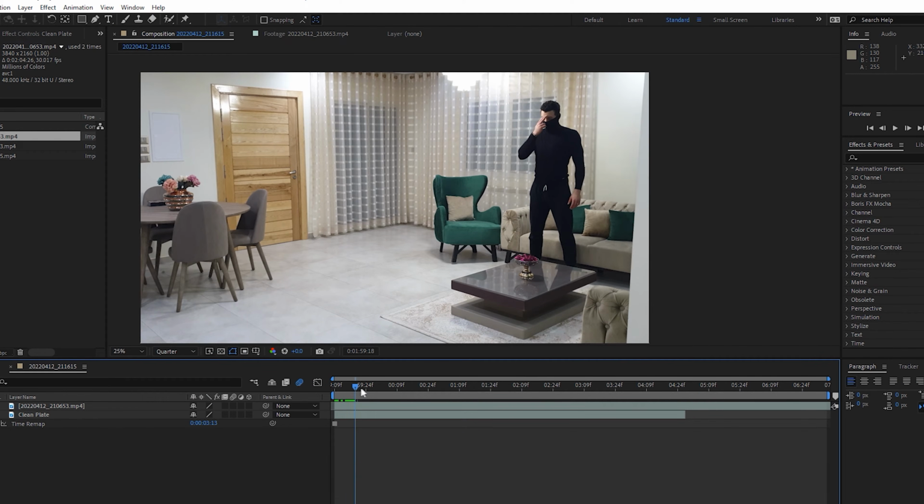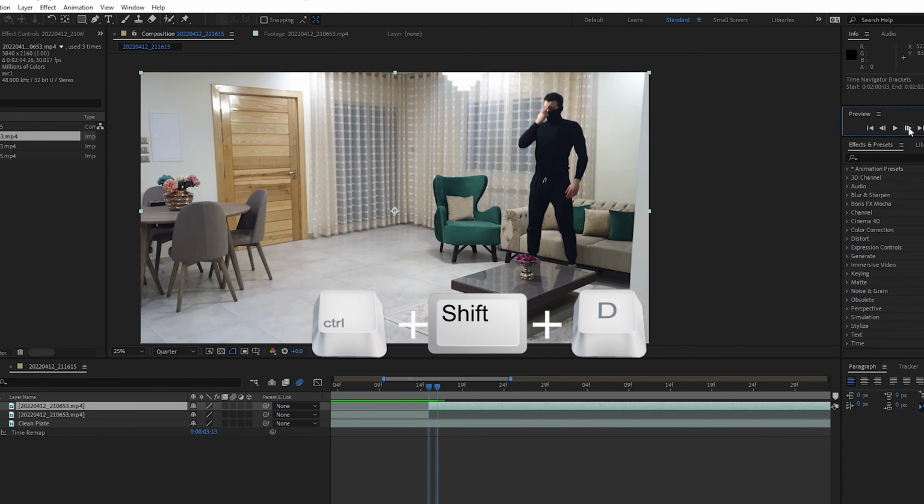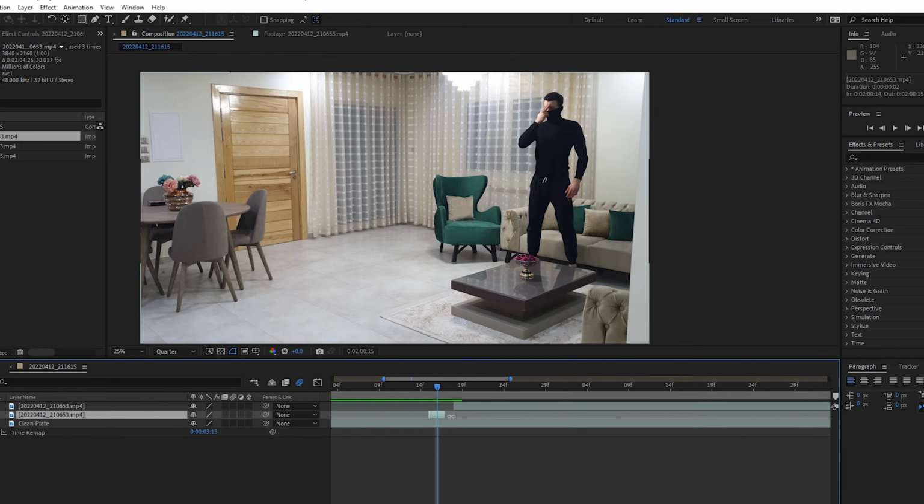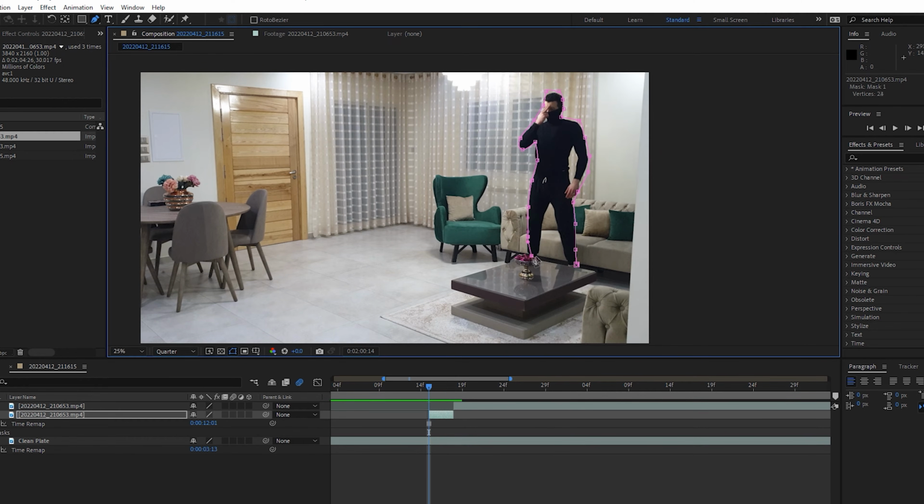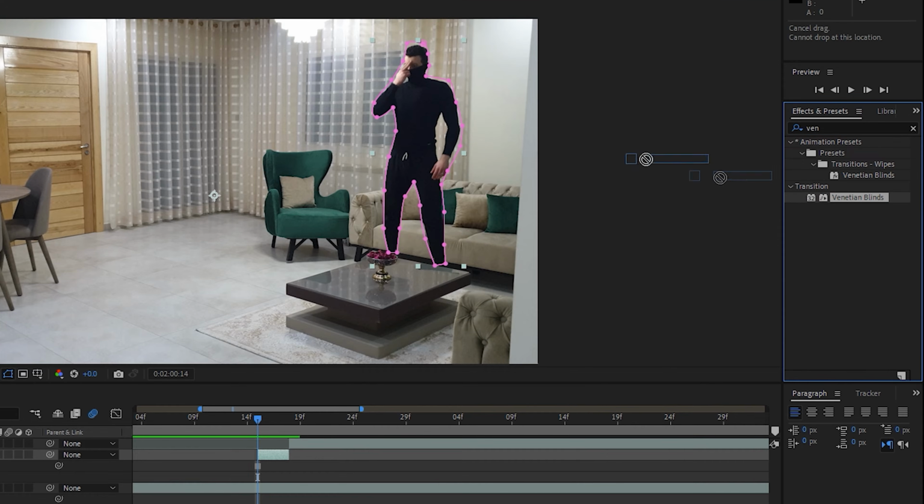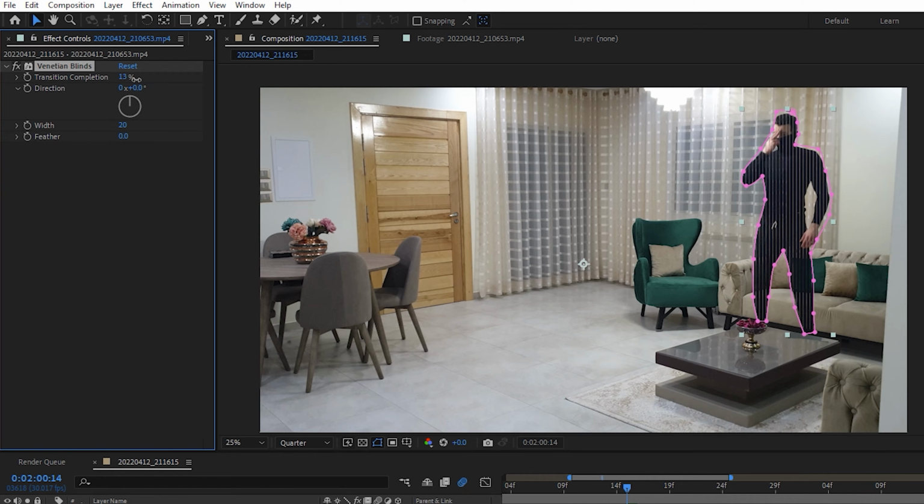Now let's move to the second effect, which is the Goku transmission effect. First thing to do is to choose where you want the effect to happen. Then, as we did for the first effect, press Ctrl plus Shift plus D, and on this new layer we will freeze frame it, then create a rough mask around the actor, and next we're gonna add some effects to it. First one is Venetian blinds, increase the transition completion and width, and the next effect is gonna be the